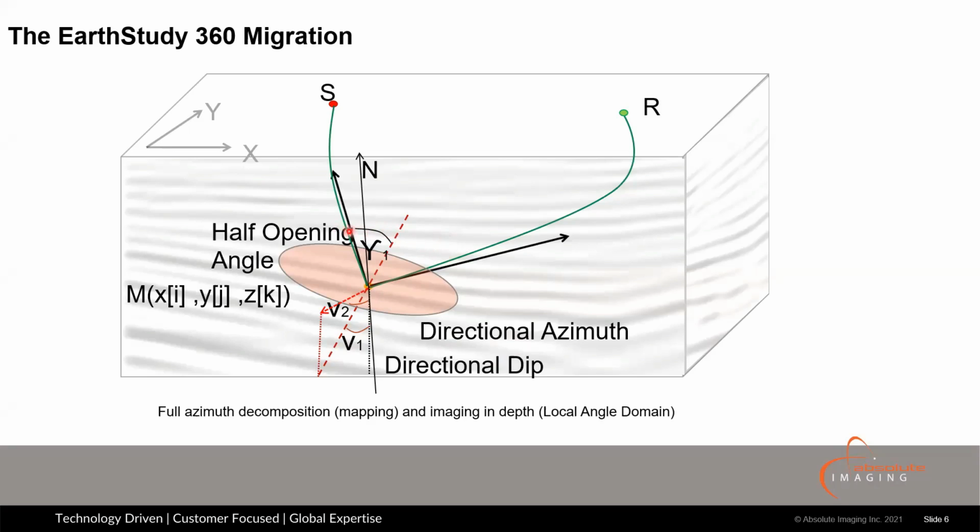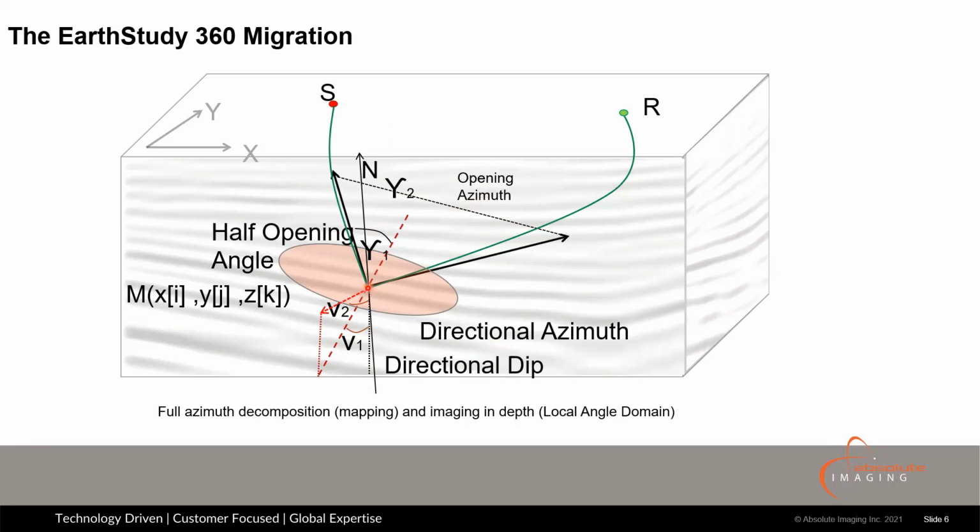So this is the angle, and those two rays can be in a particular azimuth plane. So you can have directional azimuth and directional dip, which is the structural component of the decomposition, and then you have opening angle and opening azimuth. Those four angles, plus the fifth dimension, which is the depth of the